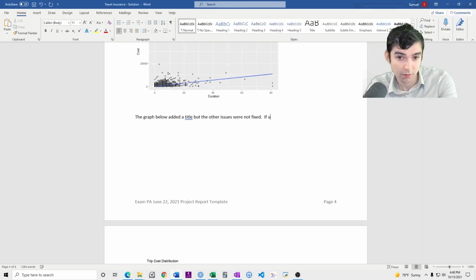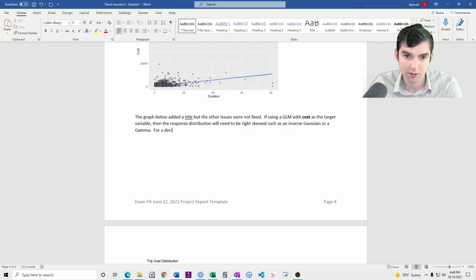Yeah, so if using a GLM with cost as the target variable, then the response distribution will need to be right skewed, such as an inverse Gaussian or a gamma. For a decision tree,